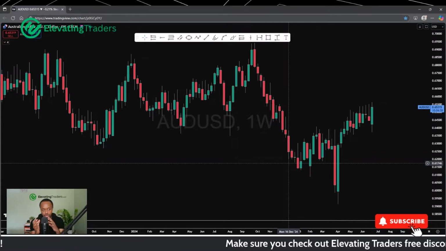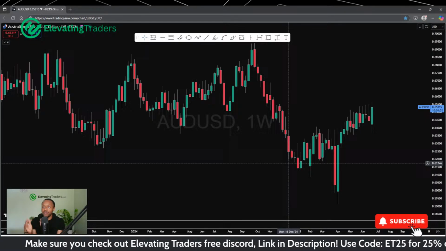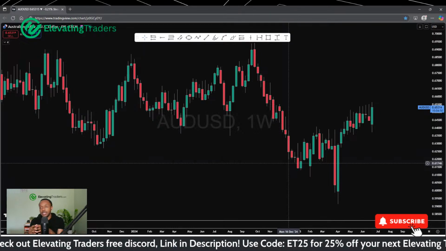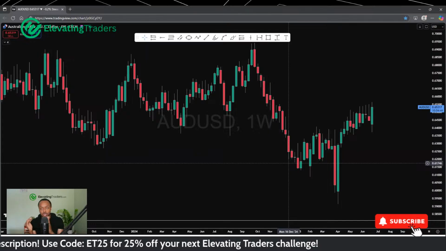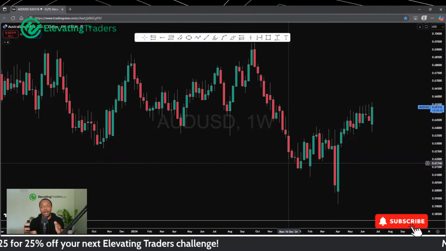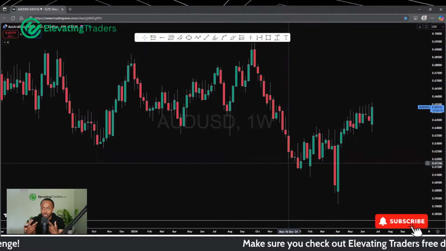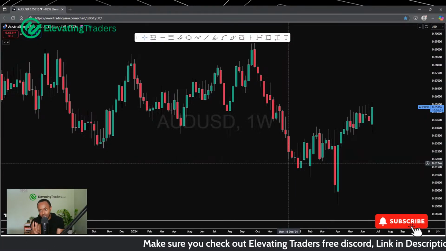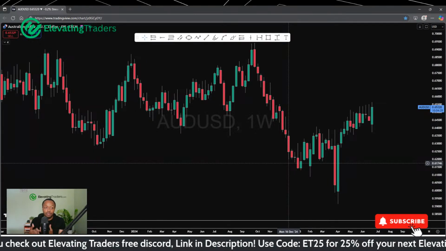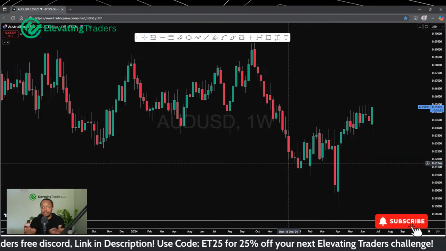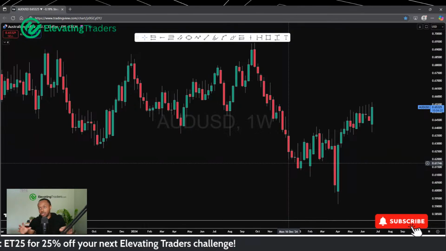But time frames, you have to remember, are just periods of time. So the 15-minute chart is the exact same as the 4 hour chart. It's the exact same as the daily chart. It's the exact same as the monthly chart. It's all the same thing, just grouped differently. So by looking at the higher time frame, you're looking at the overall picture of what the market you're trading is doing. If you're just looking at the smaller time frames, you're so concerned about the minor fluctuations that the bigger, more meaningful, significant moves are something you're not really informed about. And of course, that could lead you to taking some trades that, if you do zoom out, probably didn't make too much sense at the time.